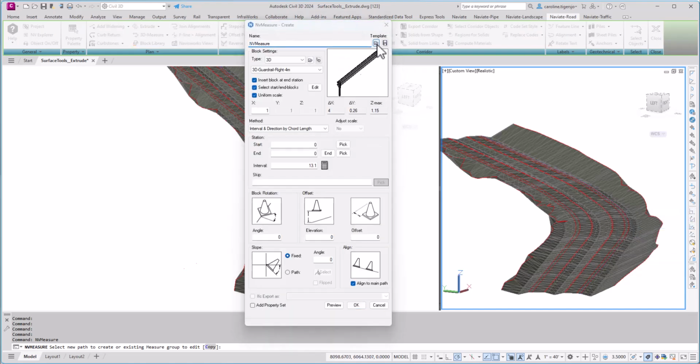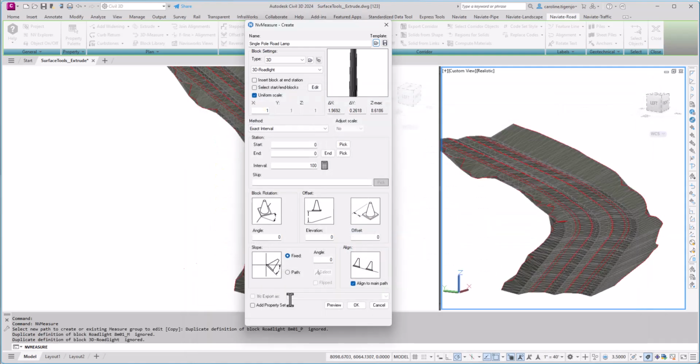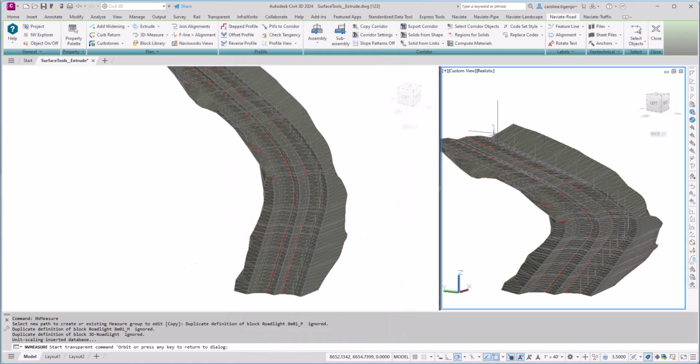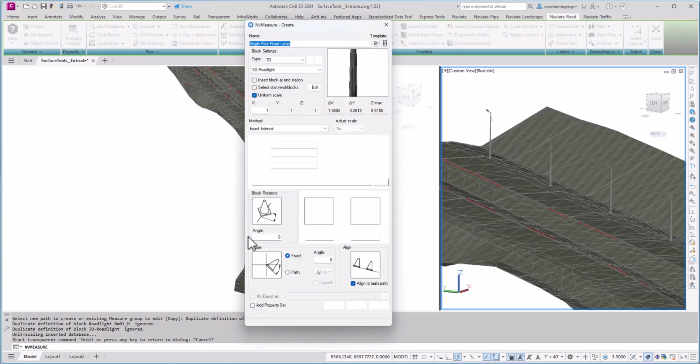In the dialog, I can use templates to make sure that I set up my dialog box correctly from the start. I can use the preview button to get a first look at how it looks, and I can also see then that I need to rotate these blocks 90 degrees, so I'll come back to the dialog and add that one. I can also use the calculate button if I want to have these blocks placed at an evenly